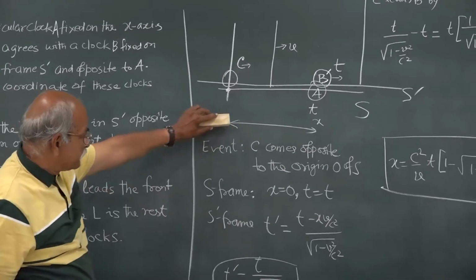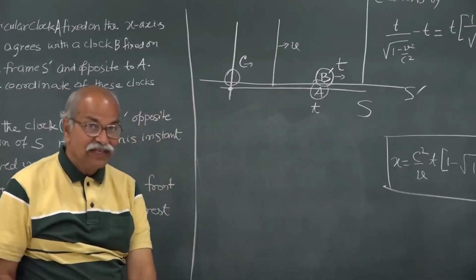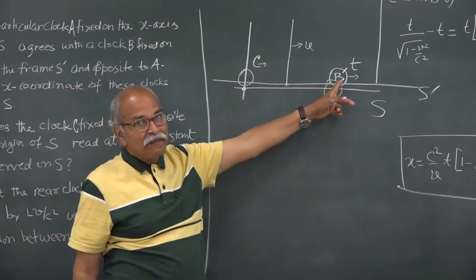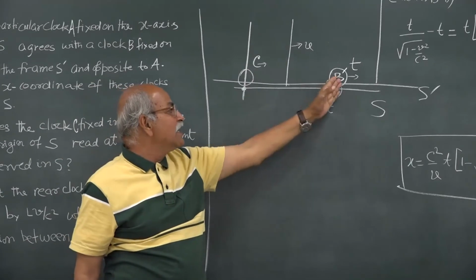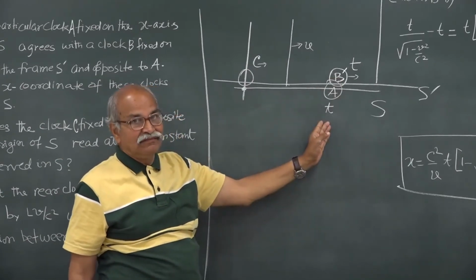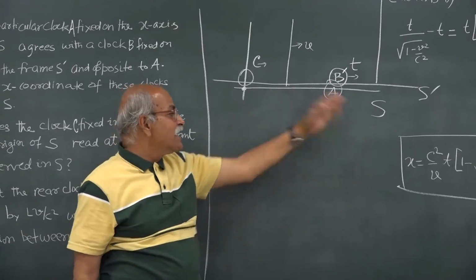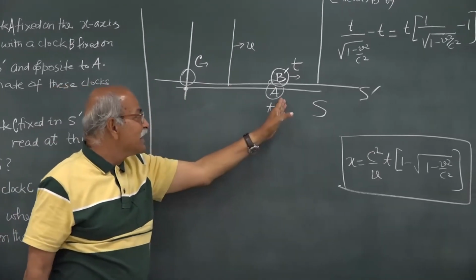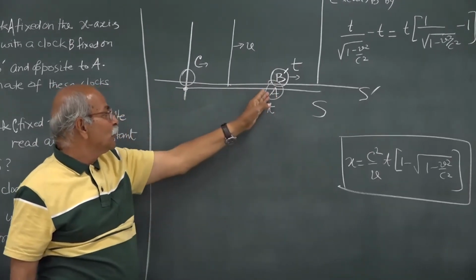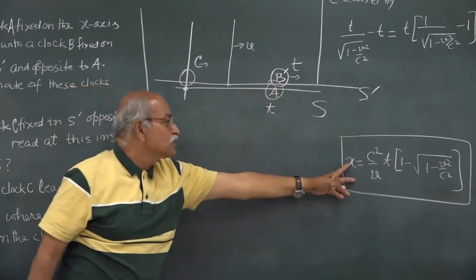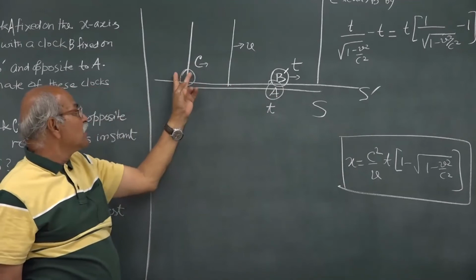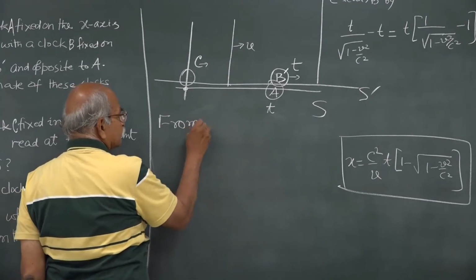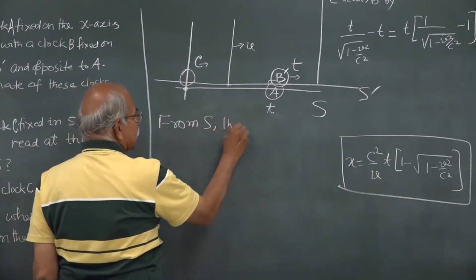I think I can do it here. L, the rest separation. How much is the rest separation? What is the separation between C and B as seen from S? That separation is just this x, because at time t, at position x, this clock agrees with this. So this B clock is at this coordinate and this C clock is at the origin. So from S, the separation